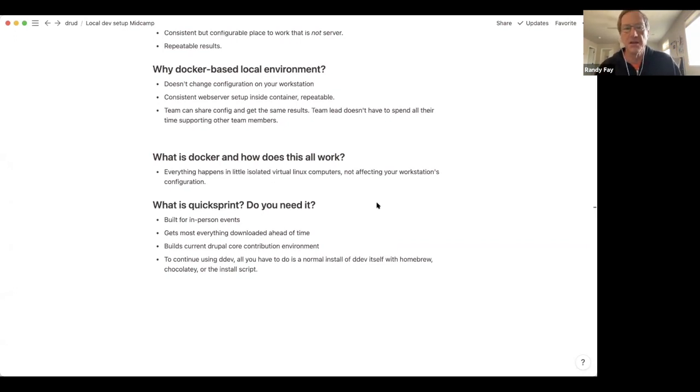In fact, I spent 2 or 3 years with Tag1 maintaining a company's local environment using Vagrant, and it used Puppet to build their environment exactly the same as the server.